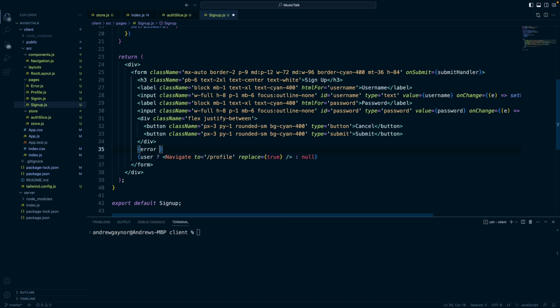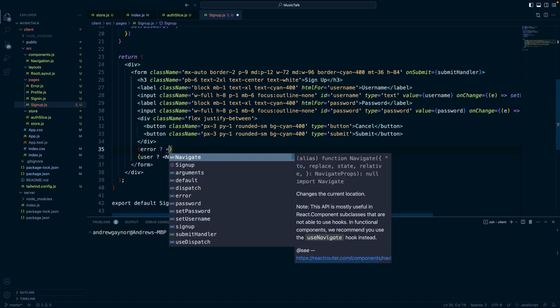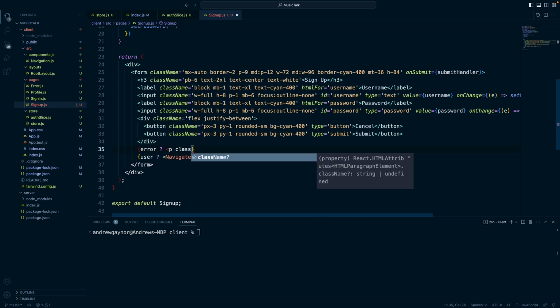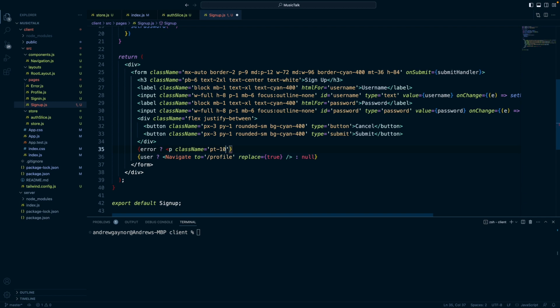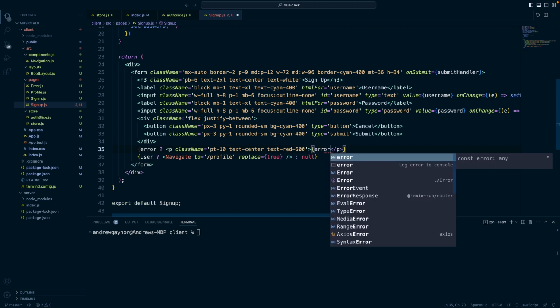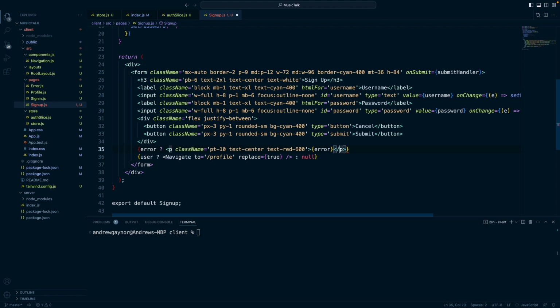And then we'll check for the error. And if that's true, let's style this error text here real quick. Using Tailwind, we'll center the text and we will make it red. And we will display the error. And so that's displaying if error is true, and if it's false, we will display nothing. So we'll save that. And now on our profile page,